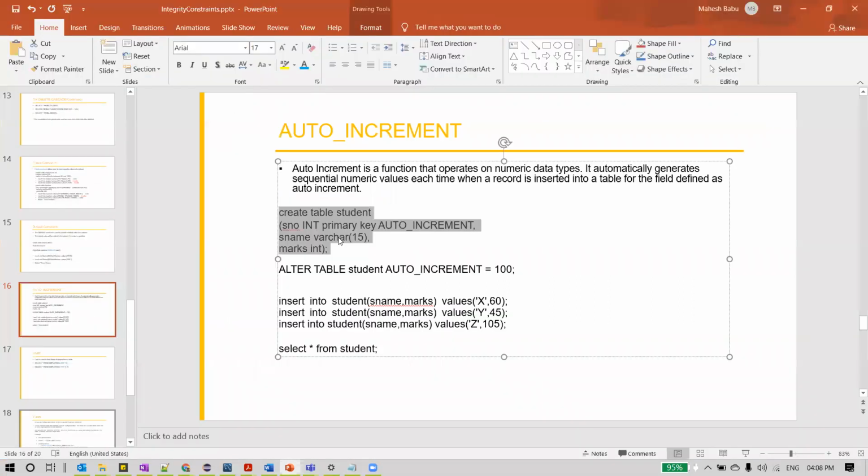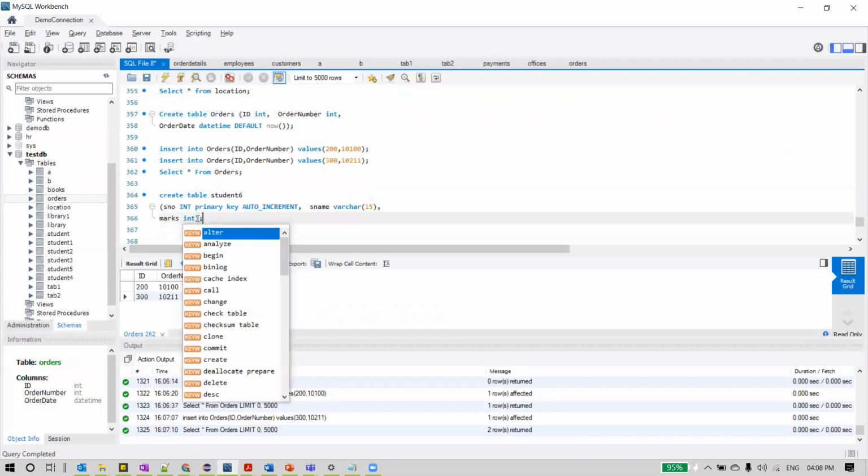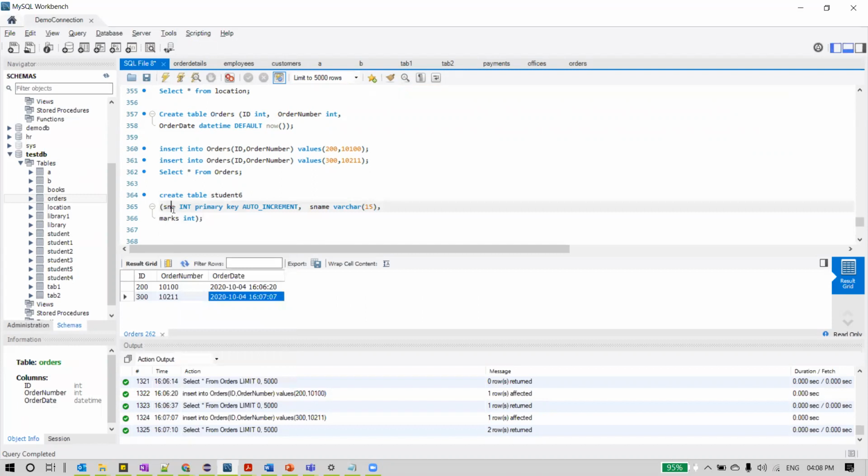So you can see here, create table student. We are going to create a student here with the student number integer, which is primary key. We have the primary key constraint here, and observe here we are using a keyword called auto underscore increment. There are two other columns, student name and marks, but let's concentrate on this column first.